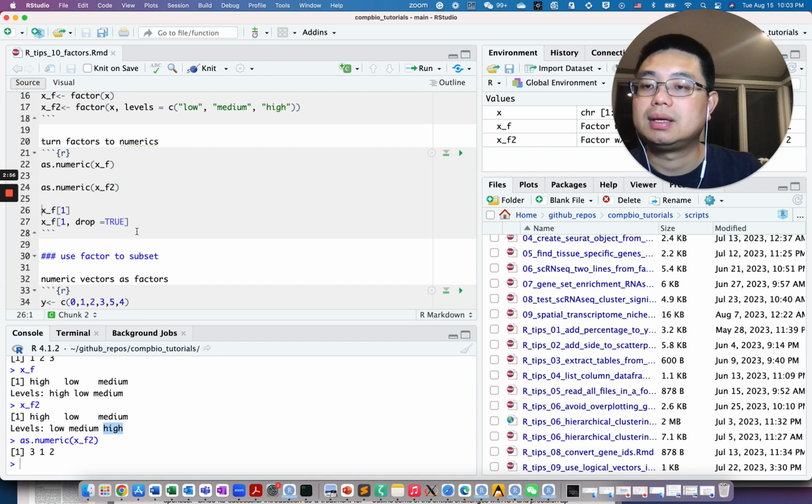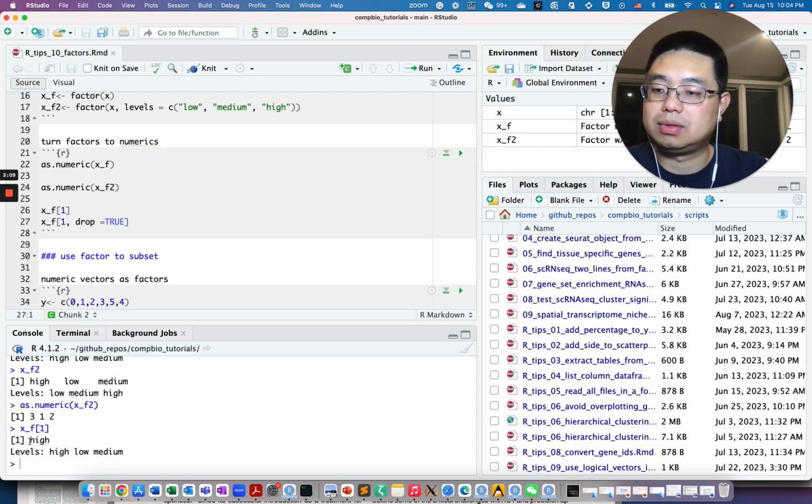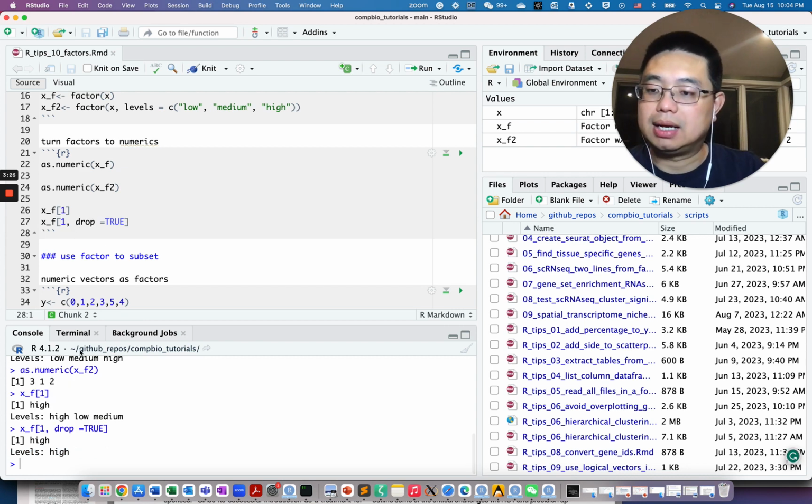Okay, you can subset this factor vector just by numeric positions. For example, we want to just subset the first, so x[1]. Then you have this single value of this vector, high, and you see it maintains the levels high, low, and median, although it only contains a single value. So you can use this drop equals TRUE option, and now it contains only a single value and also a single level. Okay,